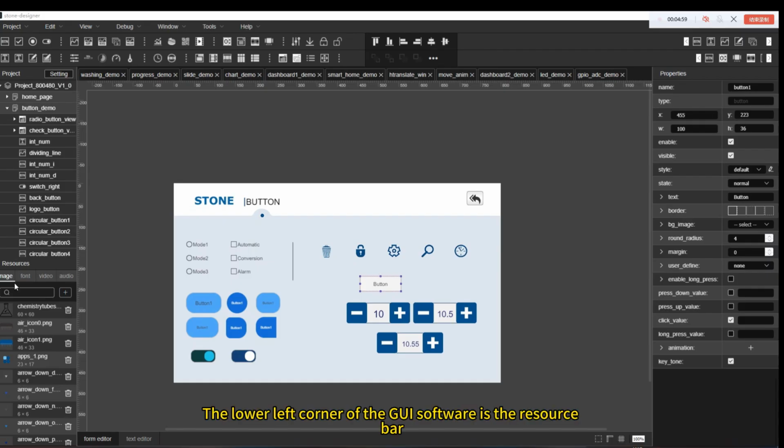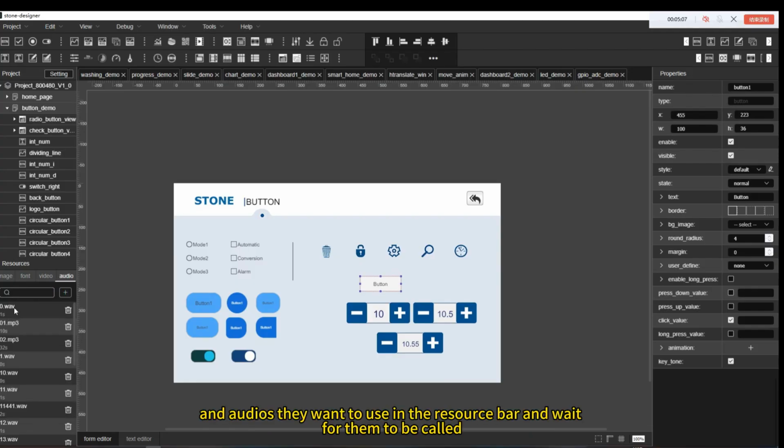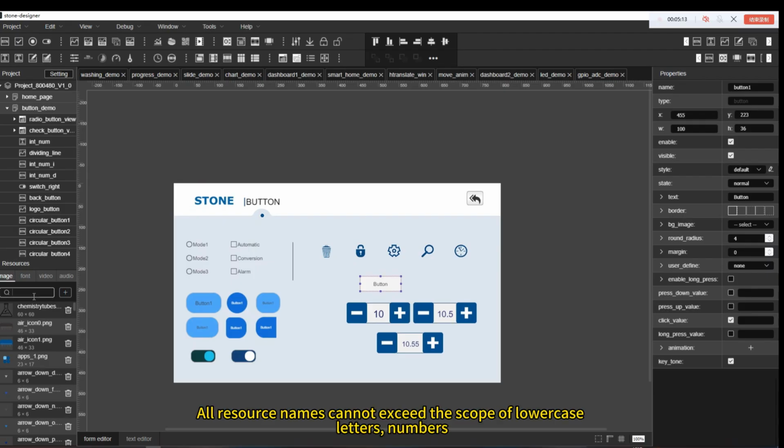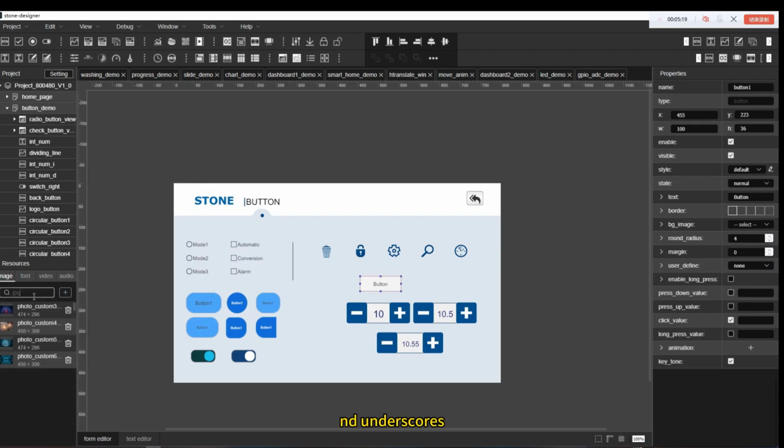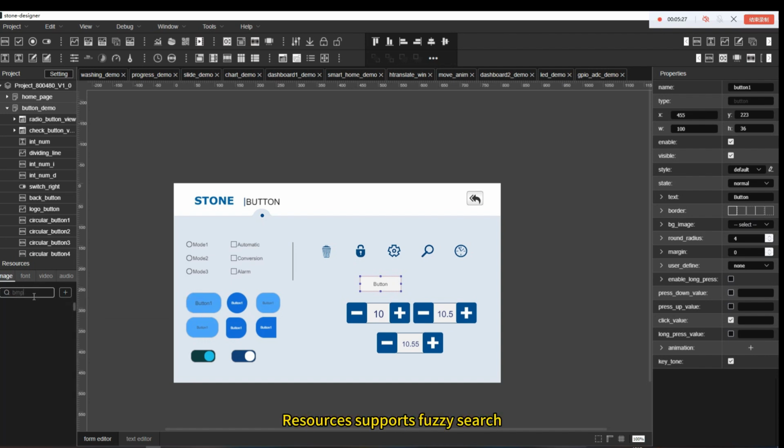The lower left corner of the GUI software is the resource bar, where users can put the pictures, fonts, videos, and audios they want to use in the resource bar and wait for them to be called. All resource names cannot exceed the scope of lowercase letters, numbers, and underscores. You can click the plus sign on the right to add them to resources. Resources supports fuzzy search,